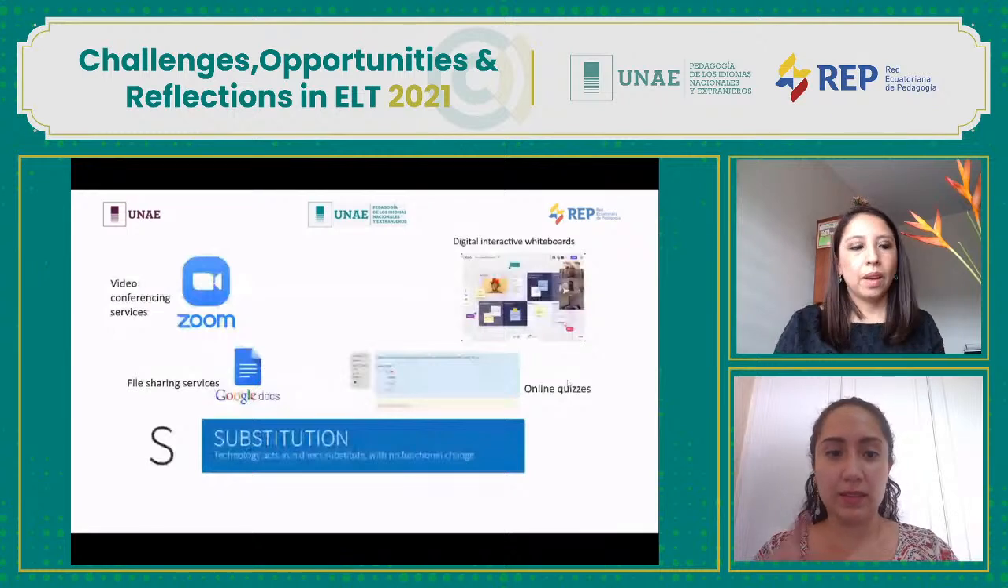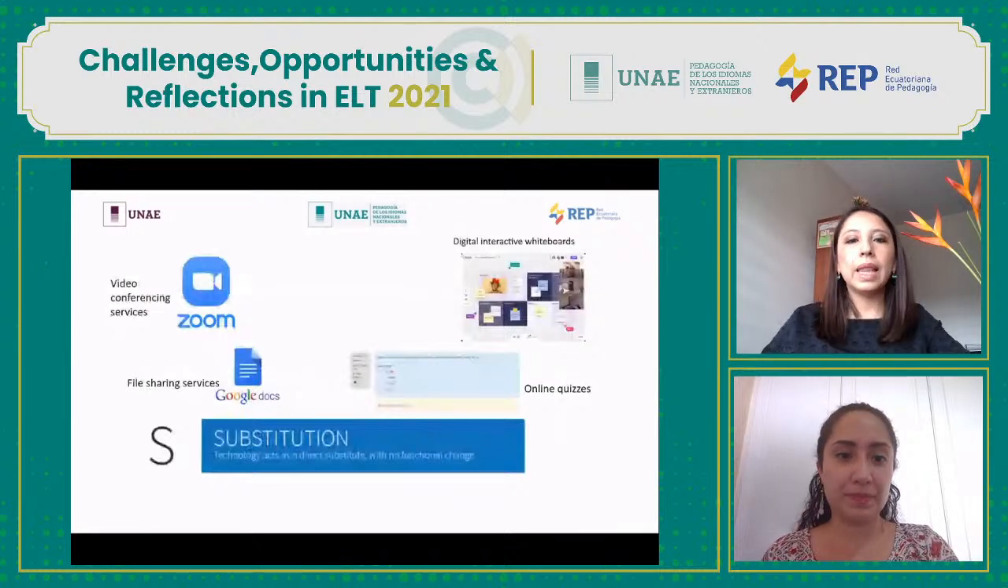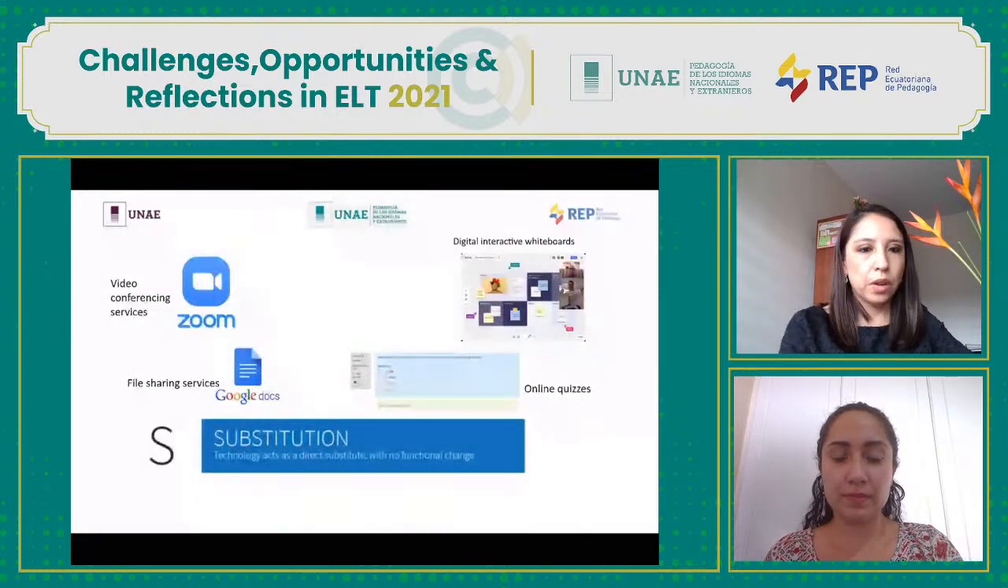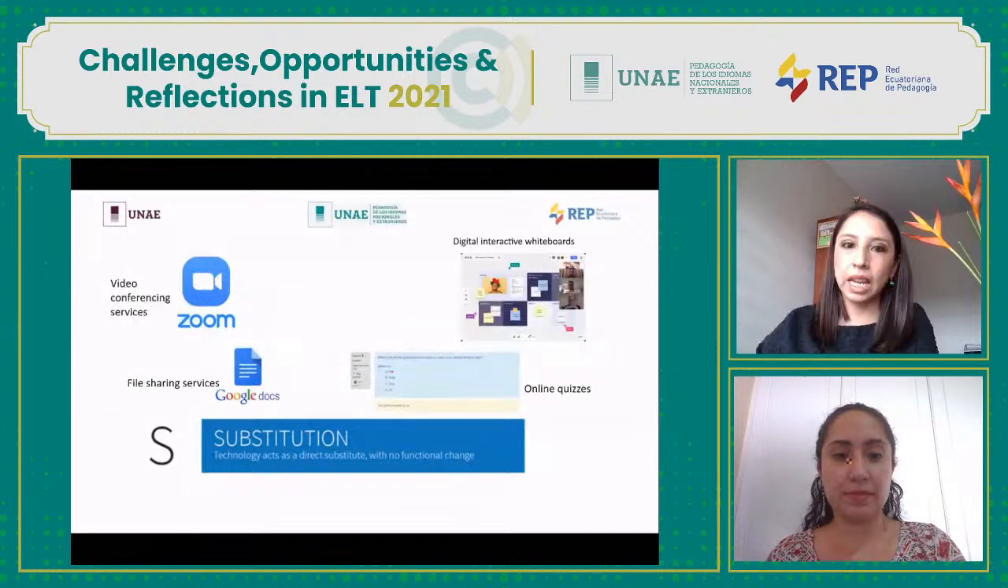Okay, now we will analyze each one of these steps, and we are going to start with the first one, which is substitution. In this step, technology acts as a direct substitute with no functional change. There is no functional change in the use of technology. In other words, in this part, the technology only substitutes or replaces traditional methods, activities, and materials that